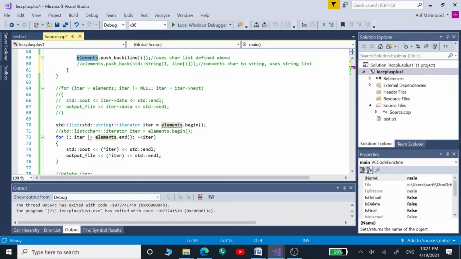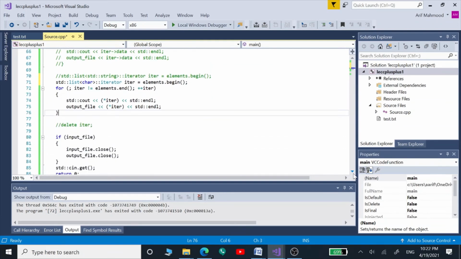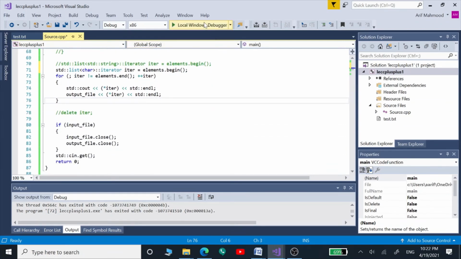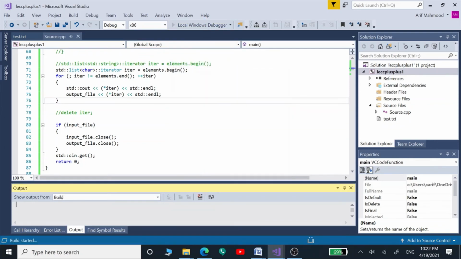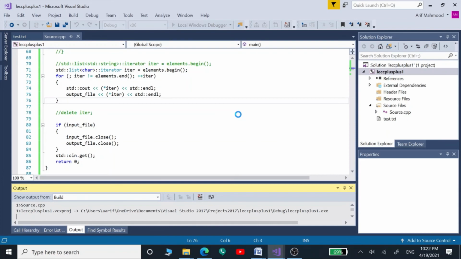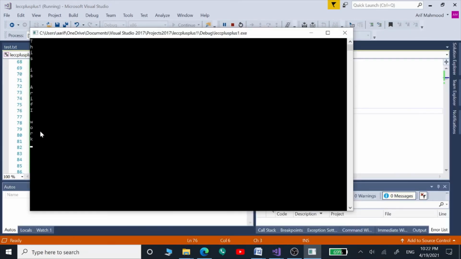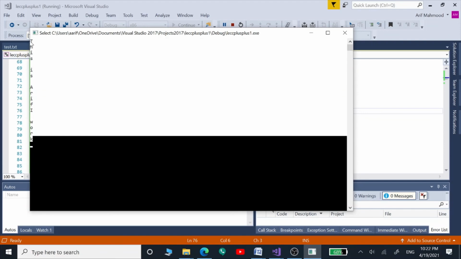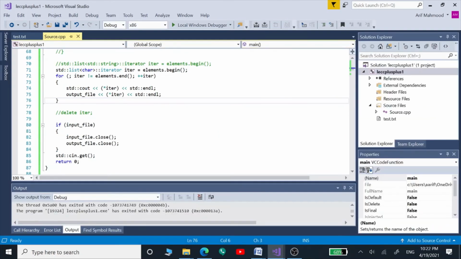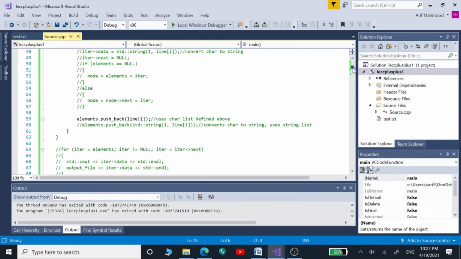Now we no longer can iterate through our list using the string list type. So we can include this code line, and now this list is of type characters. So we can use this for loop now. Now we can iterate through it with this for loop. Rest of the program stays the same. Now let's build and run this program. So now we can see all those characters one by one on every line. So this is the way we are using it.